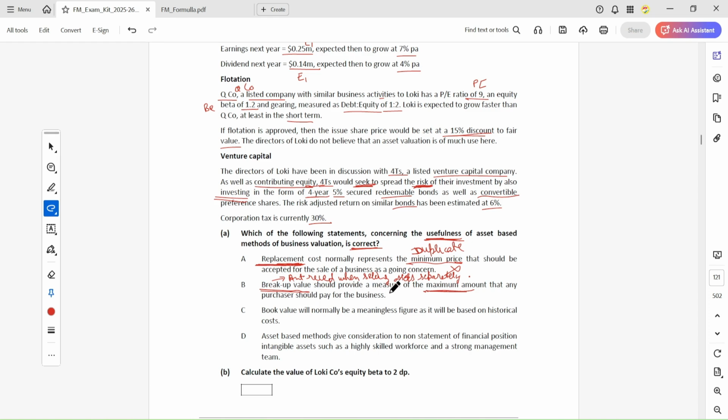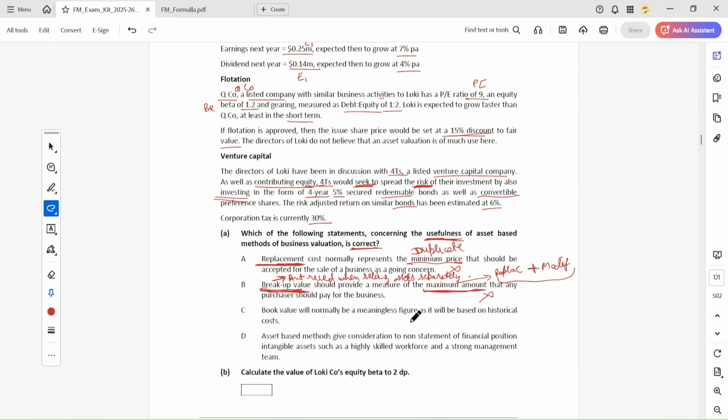So the breakup value is not the maximum, instead the replacement cost is. The replacement cost of that asset, the same asset plus any modification, is the maximum that a buyer would pay for it. So breakup value is not the maximum, instead it is the minimum value. Yes, this is the